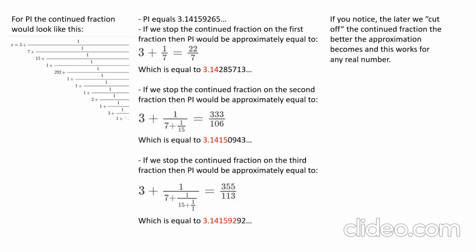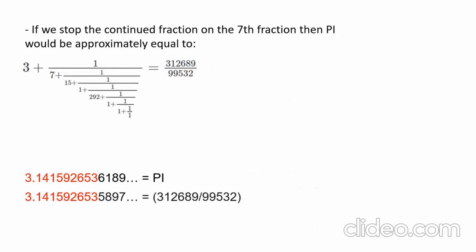And if we do it to the third fraction, we get the following result of 355 over 113, which is correct to pi to 6 decimal places. And if you notice, the later we stop or cut off the continued fraction, the better the approximation we're going to get. And this works for any real number. And just to show, here it is at 7 iterations. So if we stop the continued fraction after 7,